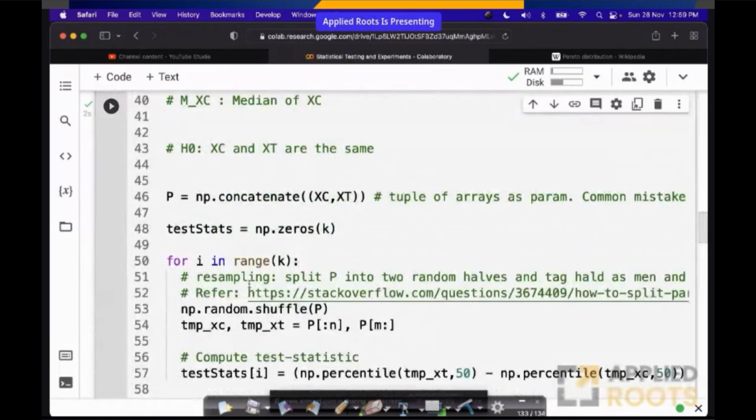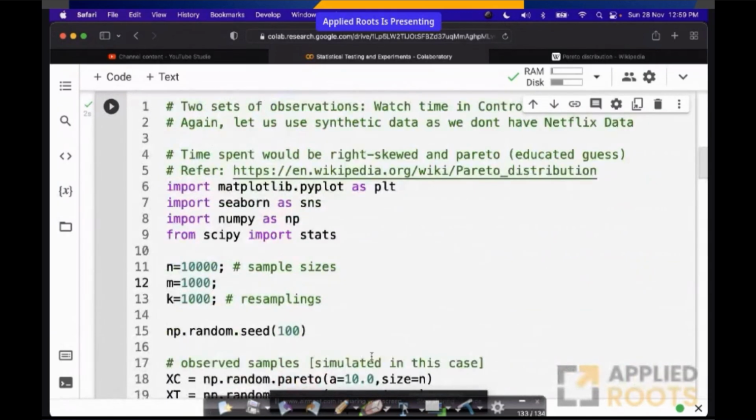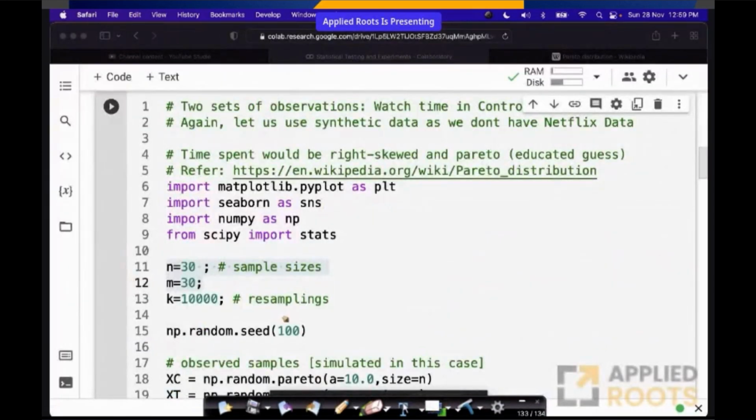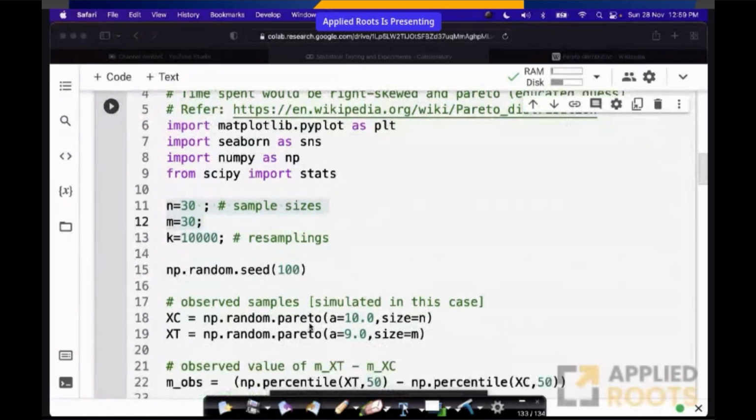For example, imagine what happens if you make sample sizes 30 here. That's a lot of fun. So imagine if I make this 30 and this also 30. Number of resamplings, I can keep whatever number I want. Doesn't matter. I can make it even 10,000, because I can't experiment on more than 30 people. I can't give this new drug to more than 30 people. That's the problem, right? So if I have 30, and imagine these two distributions are not very different, a slight difference,